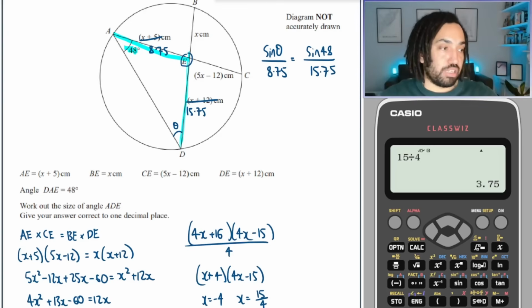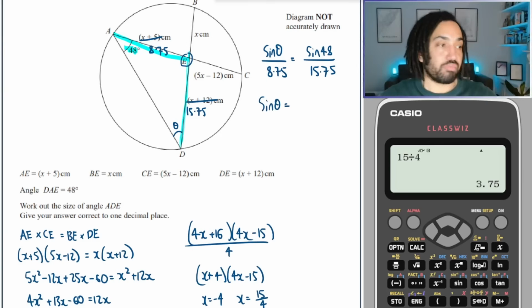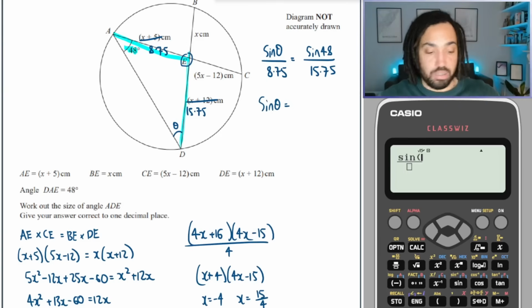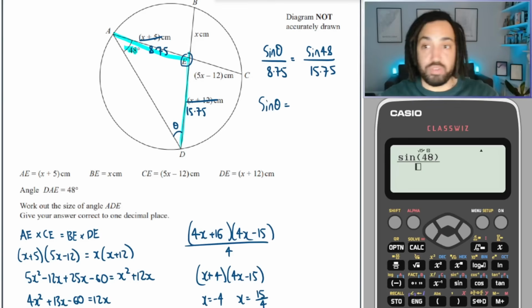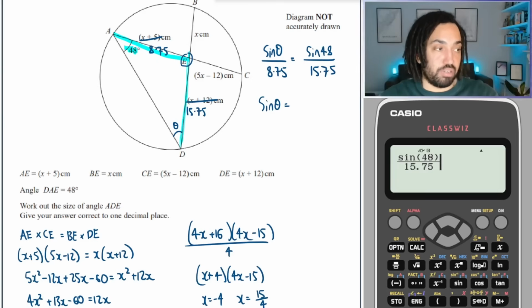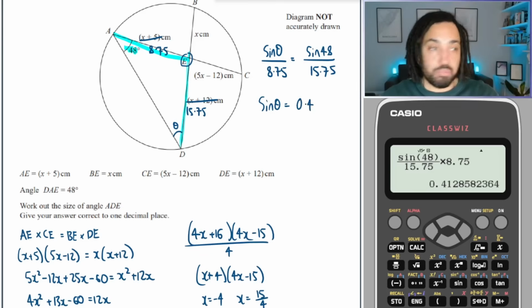Okay, so on my calculator, I will rearrange to find what sine theta is. So I will do sine of 48 over 15.75, multiply, because I want to clear that denominator, so I need to multiply that all by 8.75. Okay, great, so I get